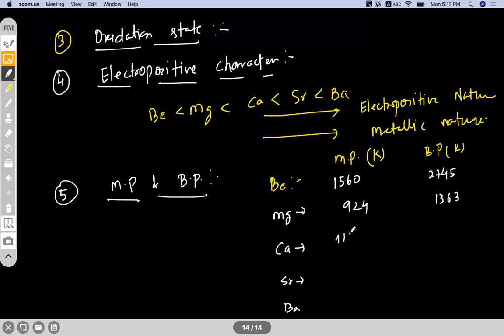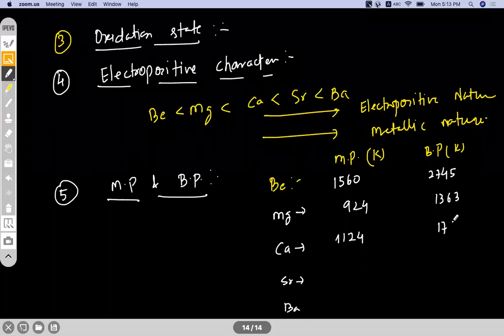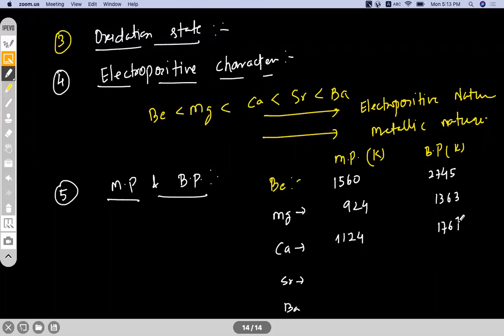Then again, it increases, 1124. For this one, again, it increases, 1763, 67. Then it is 1062, it is 1655. It is 1002 and 2078. So obviously these values you don't have to memorize, but